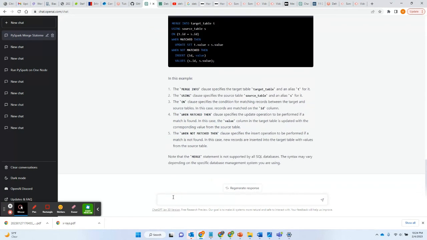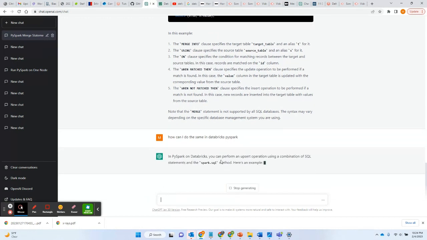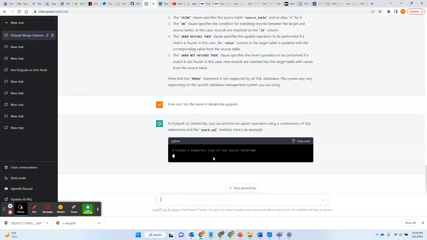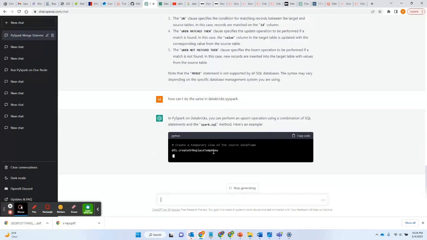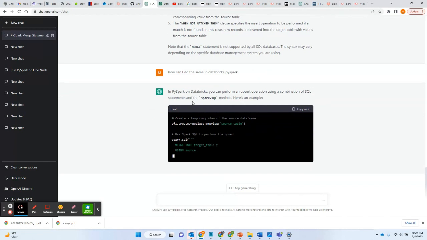So let me ask it a little bit more specific about PySpark. How can I do the same in Databricks? PySpark. Let me see. And I like the fact that with ChatGPT, you can actually